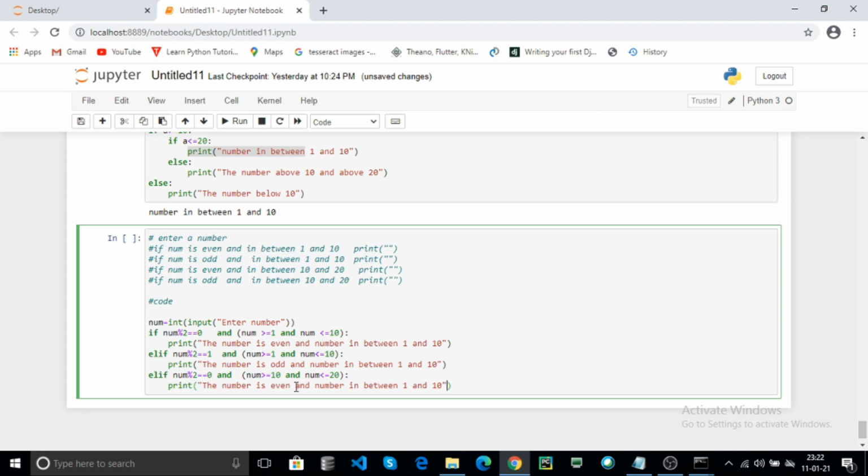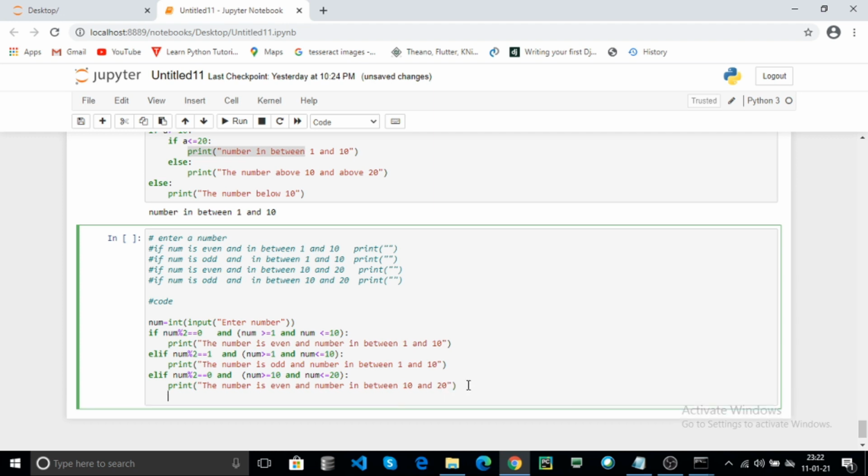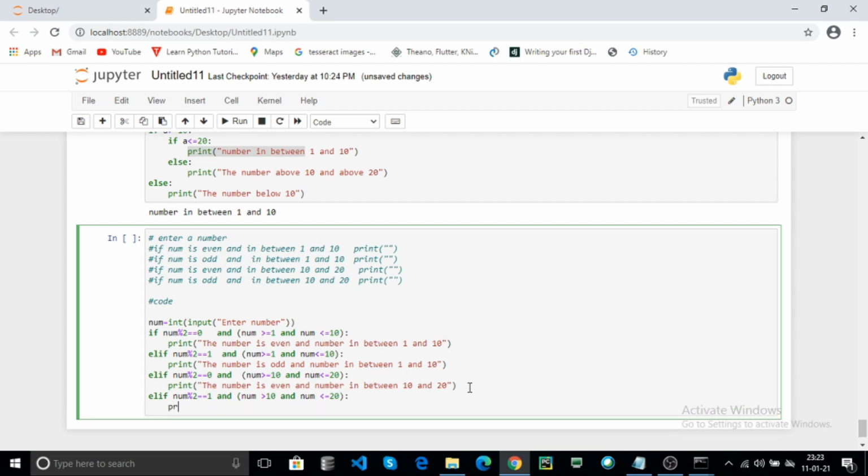The number is even and the number is in between 10 and 20. Also check another condition: the number is odd and the number is in between 10 and 20. Print.